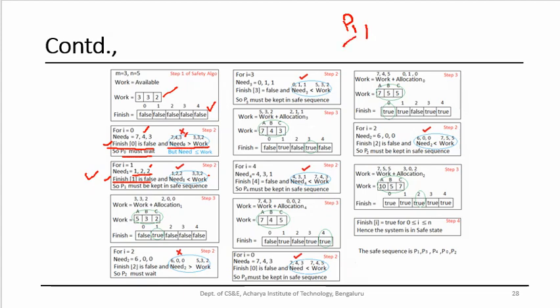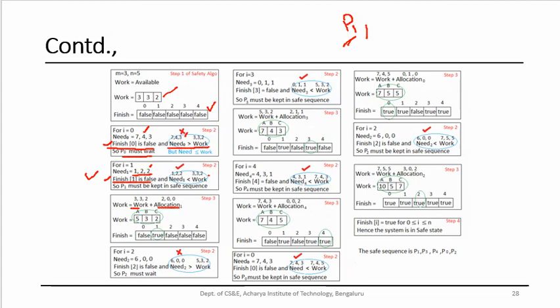That means it completes its execution. Assuming it can complete its execution because its need is less than what is available in the system, we claim whatever has been allocated to Pi back and add it to work.